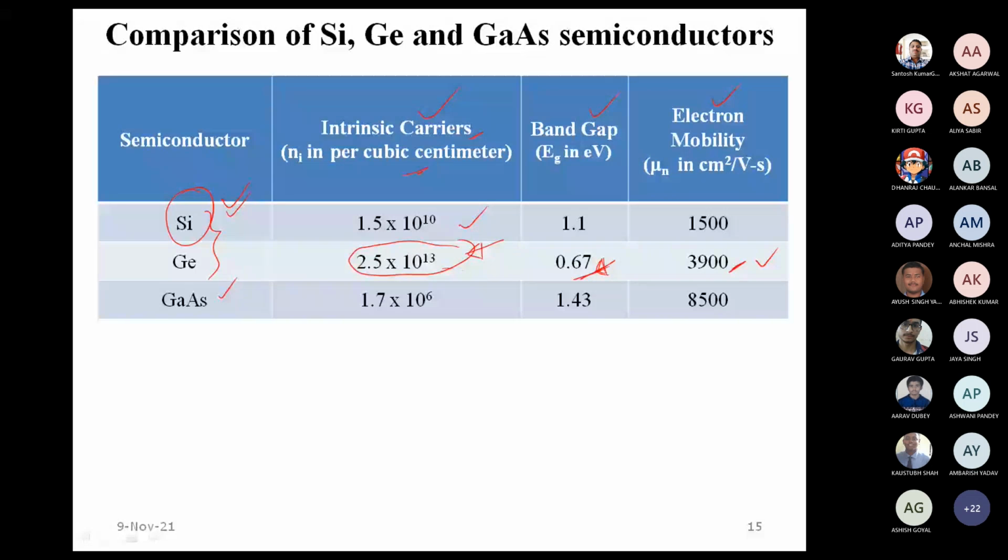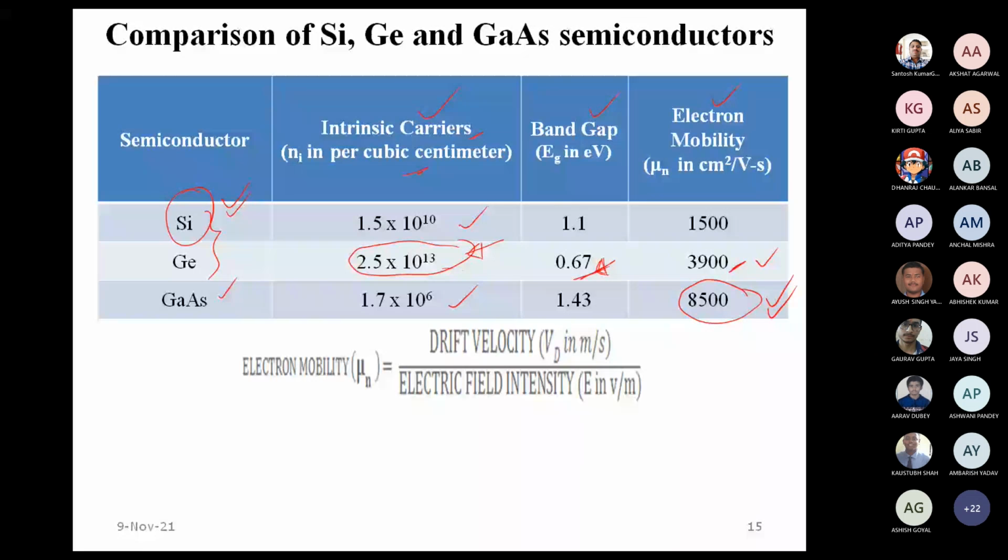Gallium arsenide, on the other hand, even though its intrinsic carrier concentration is low, has superior electron mobility. Superior electron mobility means more current. Electron mobility is defined as the ratio of the drift velocity